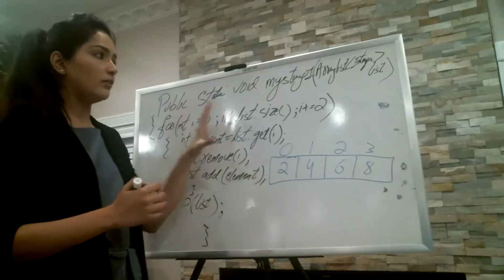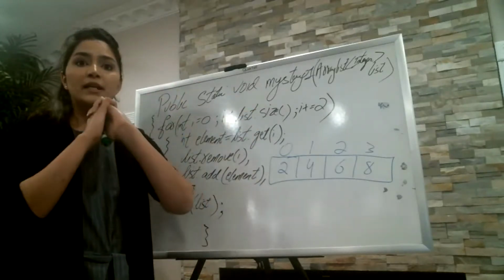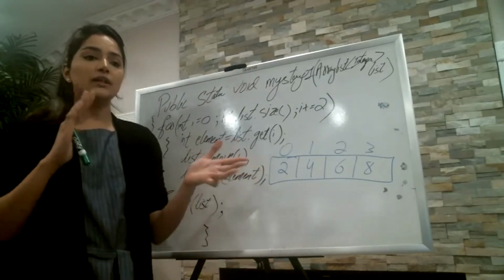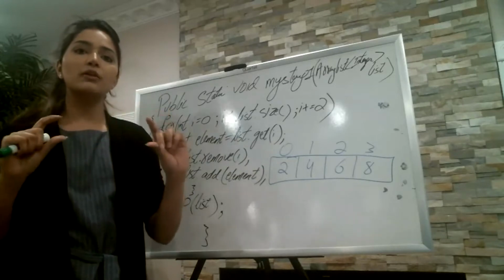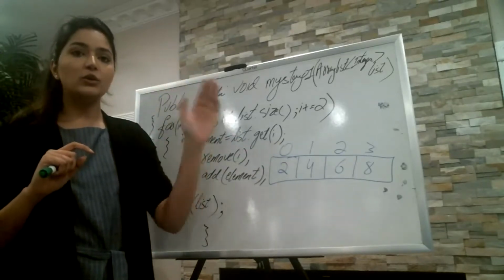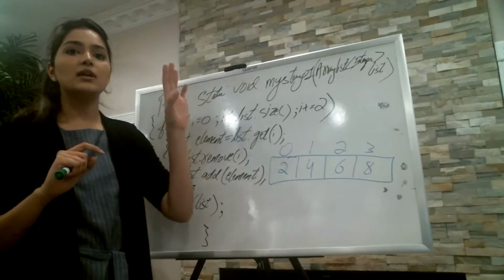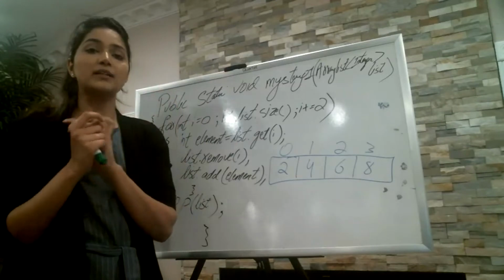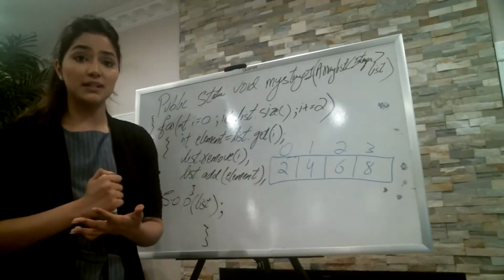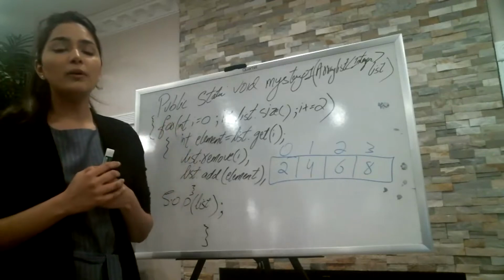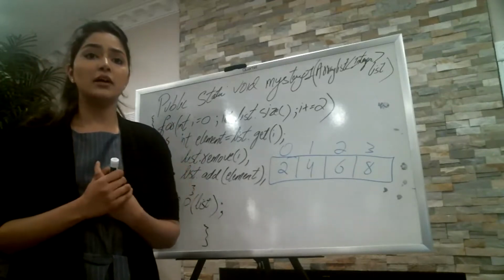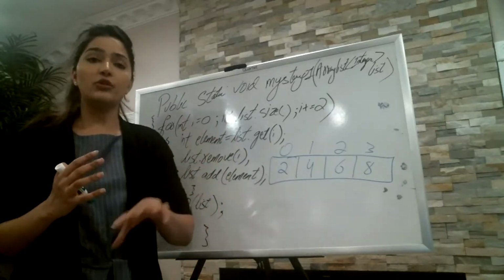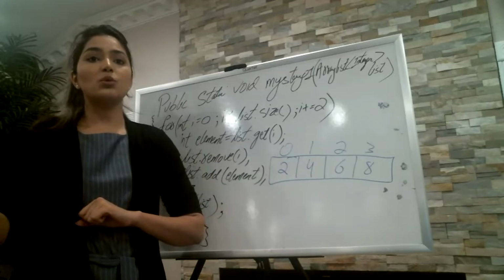So what we are doing with array list is this: there were some disadvantages with simple arrays. When you create a simple array, you need to specify the size. When you say int square brackets a equals new int, in the next square brackets you need to mention the size, and the size was a must. Maybe I don't know how many elements I need in the future, so I created an array of size 100 and used just 3 or 4 indexes. The rest of the spaces were wasted.